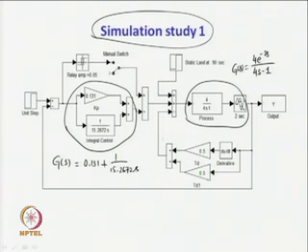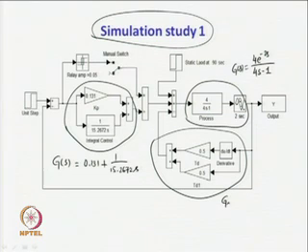Similarly, the unstable process is subjected to an inner feedback controller, this is your GC1(s), this is GC2(s), which can be written as 0.5 times s plus 1. So, when the unstable process is subjected to a pair of controllers, a feed forward and an inner feedback controller, then it results in